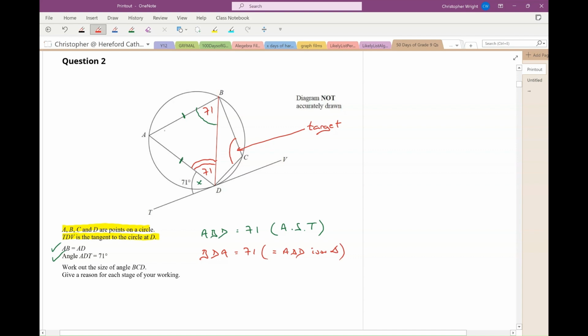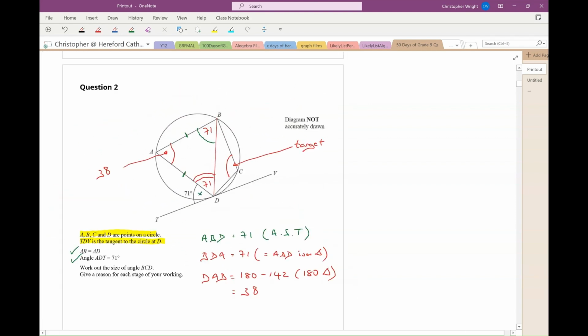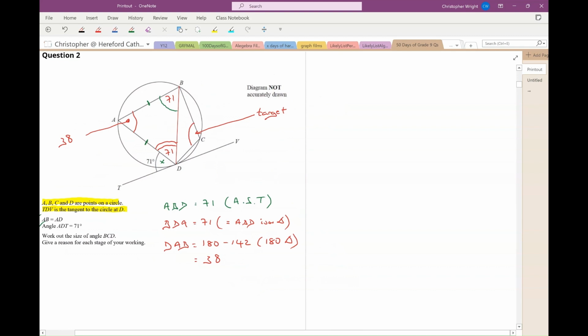Now, I can work out this top angle now. That angle there, can't I? Because that's angle DAB. That's going to be 180 minus the 71 minus the 71, because there are 180 degrees in a triangle. So that gives me 38 for that. And now I think I can find my target angle, which is